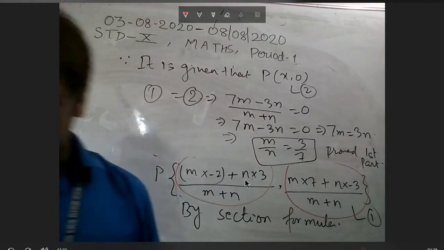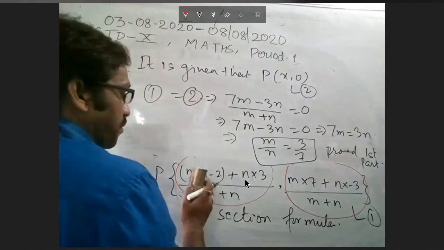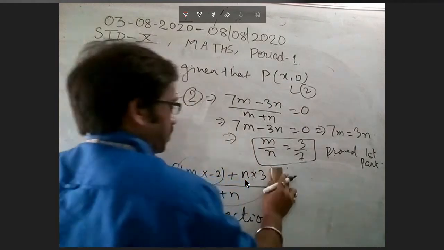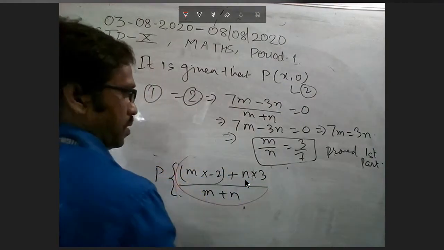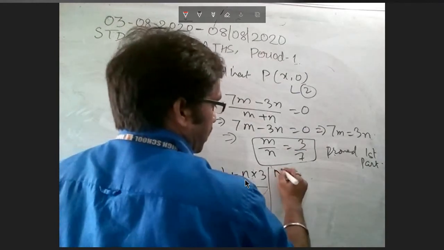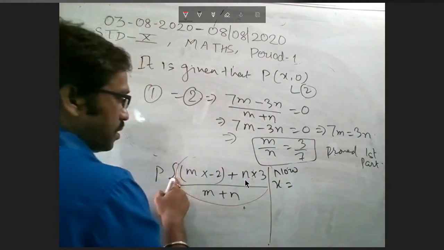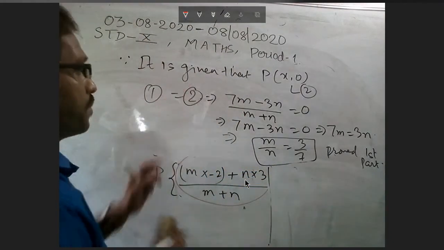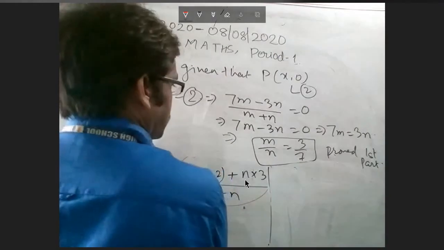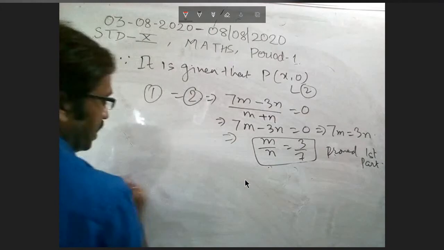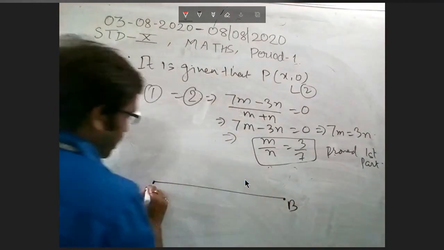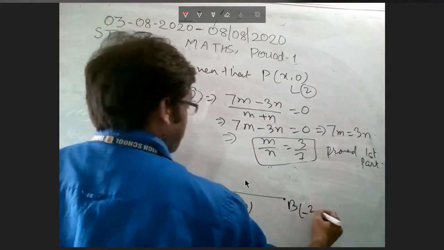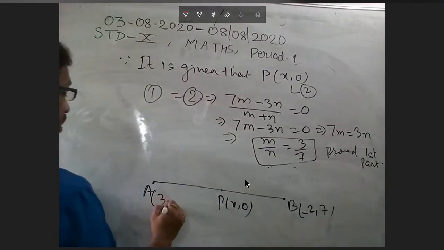So for this, first of all, I will draw one simple line here, in which everything will be clear. In that, points A and B will be there, and the ratio of the line division will also be there. So let me draw one line here. M by n is now given already. The information I have written on the corner of the board: this is my point A and B, this is point P. Ratio is 3:7. Coordinates of A and B are given.